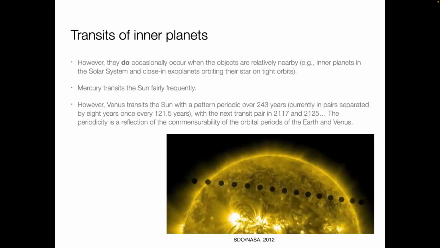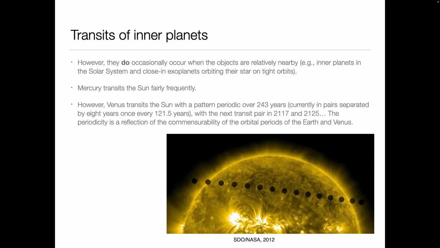So first of all, I'd like to start with the solar system. For the solar system, we actually have 2 objects that can align with our line of sight to the sun, in addition to the moon, which we have covered in previous lectures, so I will not go over that. They do occasionally occur, both for transiting planets, which I will cover later on, but also for the inner planets of our solar system. Mercury does this very often, about 13 to 14 times per century on average. We are talking about gravity and nonlinear dynamics here, so nothing is exactly periodic and nothing is exactly the same over time, but it kind of fluctuates.